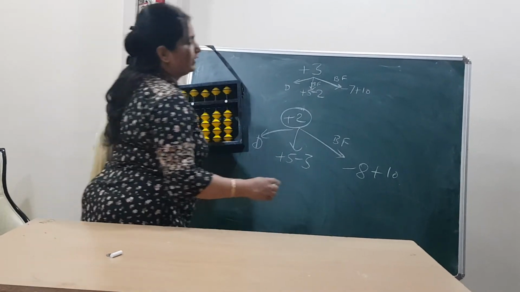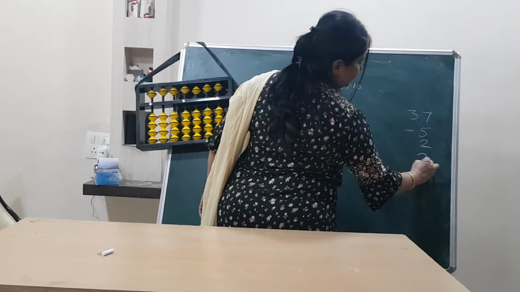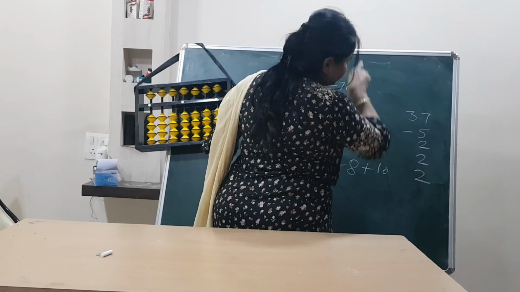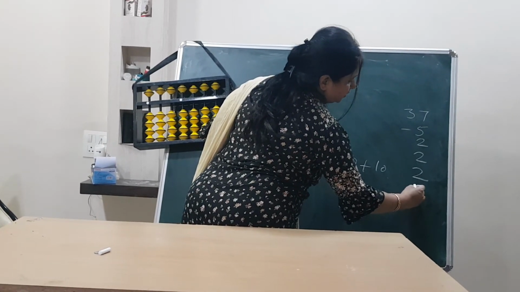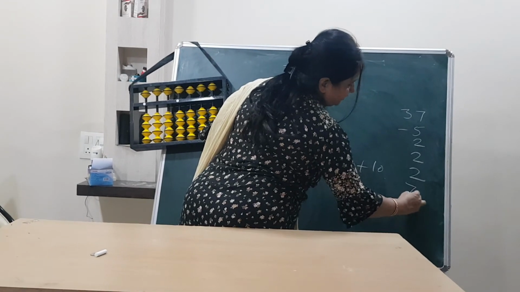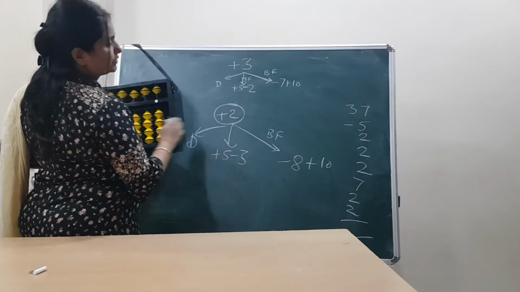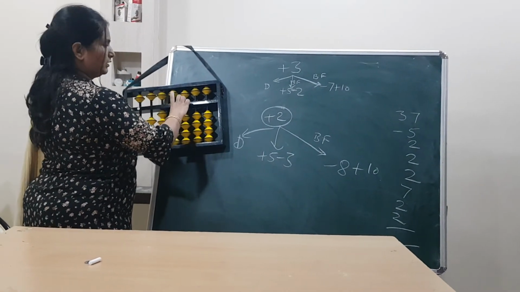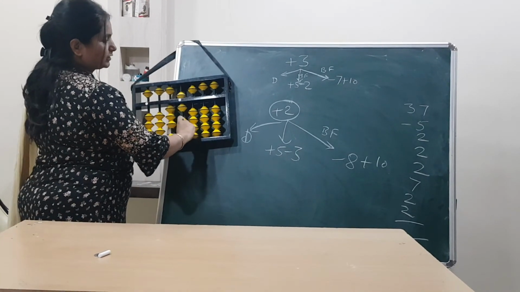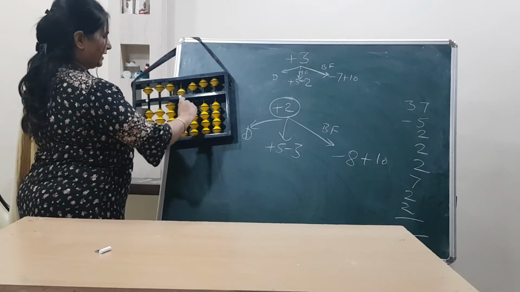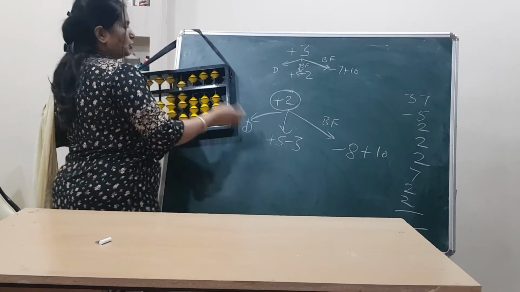Now for one example I'll give, suppose 37 minus 5 plus 2 plus 2 plus 2. Suppose, student, now again 7 plus 2, anything. Now here I am just focusing on plus 2. 37 minus 5. Now here plus 2 direct, then next plus 2 with small, next plus 2 direct. Now next, one minute. I'll show you once again, and I'll keep a tick mark so that you will understand.